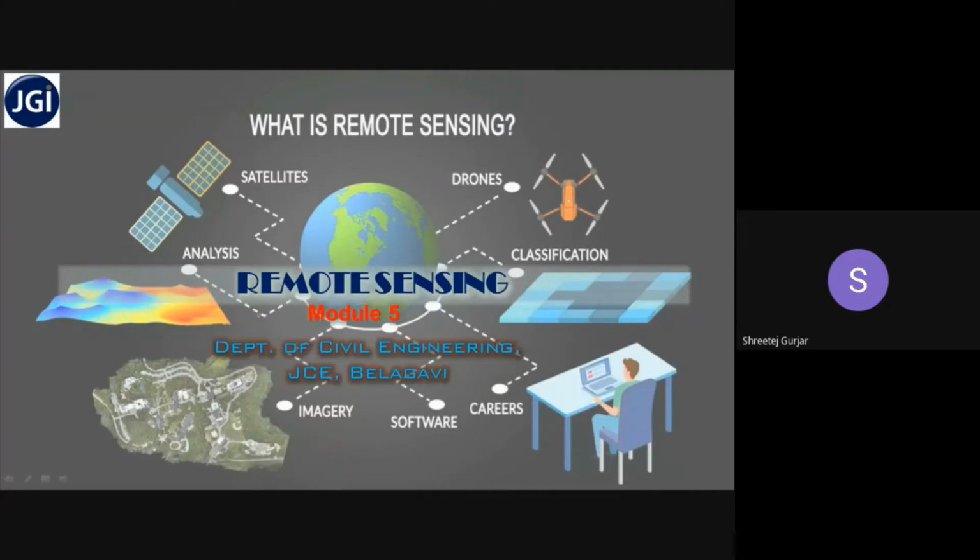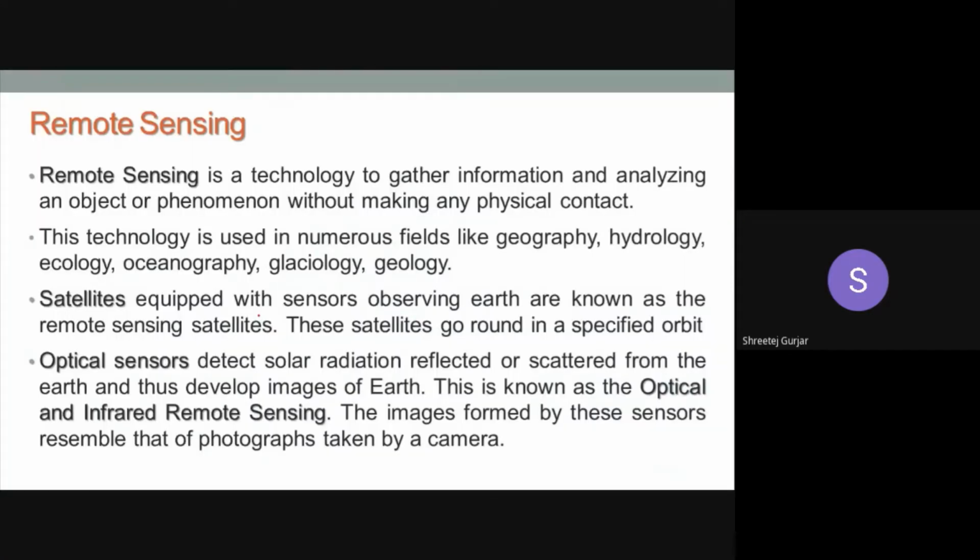Okay, so a very simple example of remote sensing is your TV remote, right? Wherein you control your remote from a far away distance, right? So that is nothing but remote sensing, wherein the word remote sensing itself says that we are controlling or we are observing or we are getting out some data without any physical contact, right?